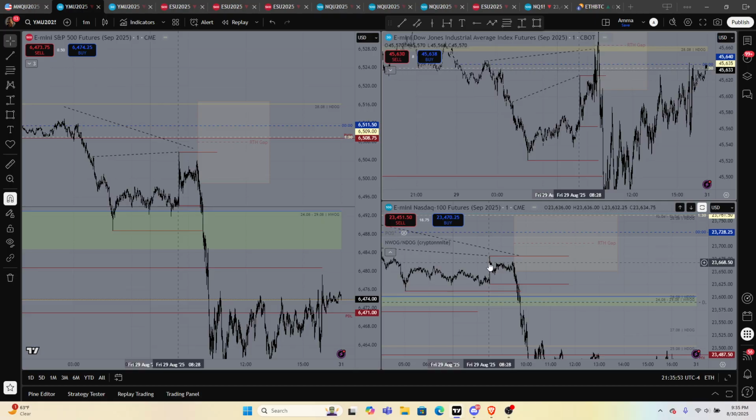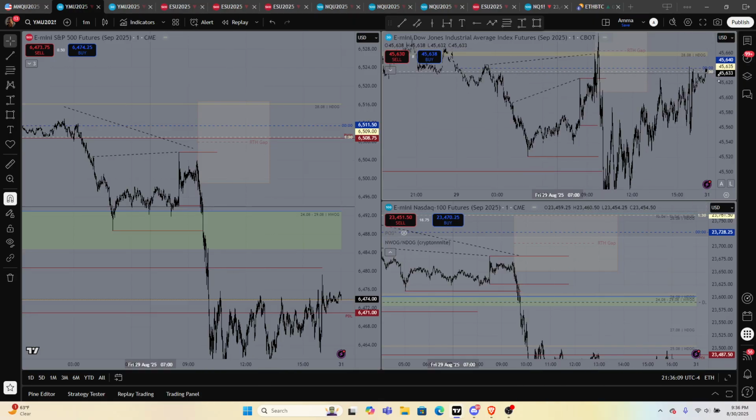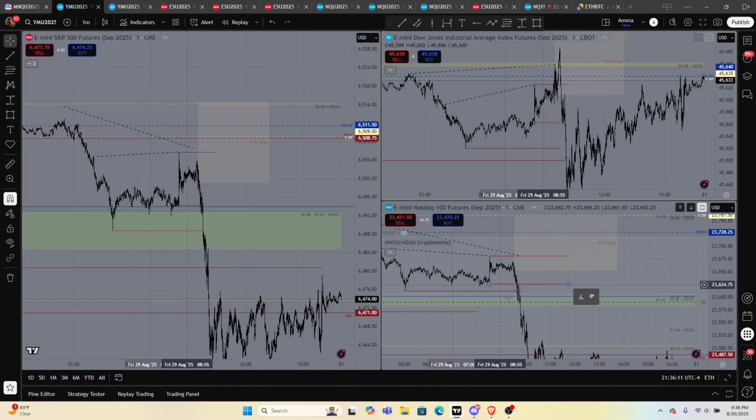Okay, so what we have here is, because 8:30 was our news driver today, we had the 8:30 news with this news candle. So I have the high and low, mark the data high and low. Am I too loud? So I have the data high, data low, and then